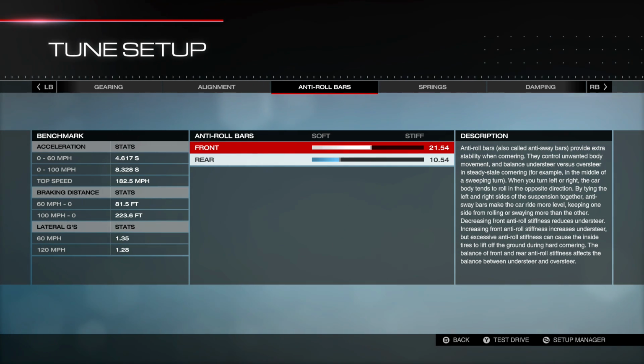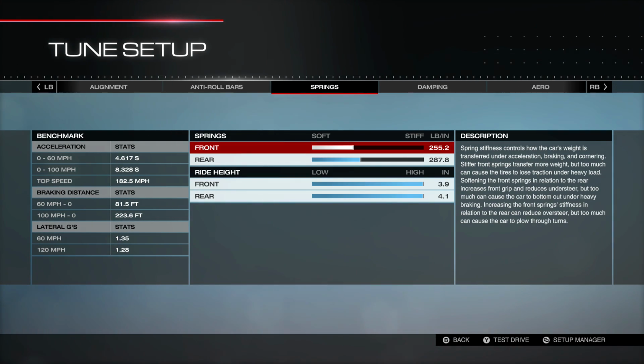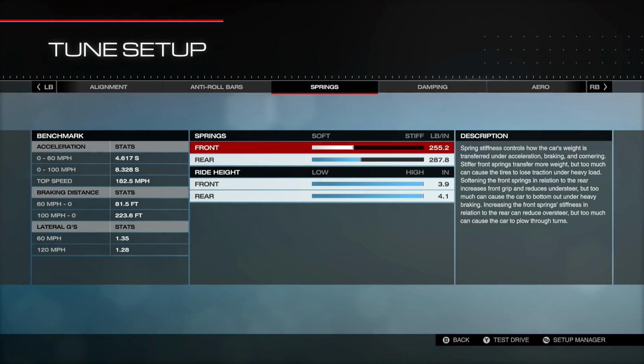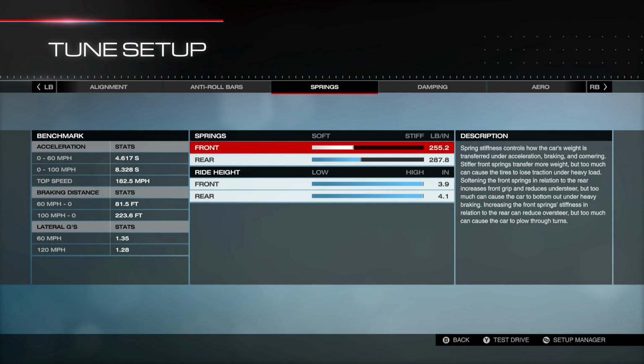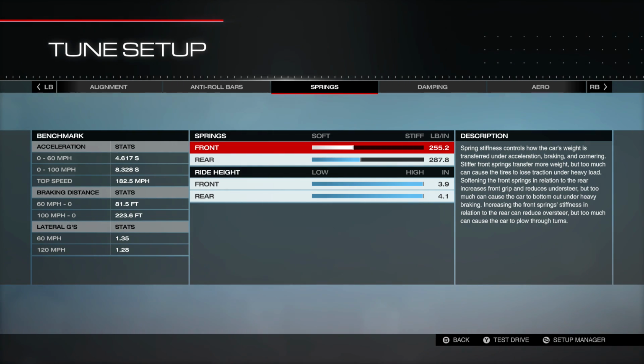So we've got 21.54 in the front and 10.54 in the rear. In the springs, they literally had like 108 or something like that in the front and 130 in the rear or something. I mean, just really soft. And when I drove it, I almost couldn't steer it. It was so soft, I almost couldn't steer it down the straightaways to make any small adjustments. So we went to a little bit more normal here. Again, slightly understeer tune to keep the